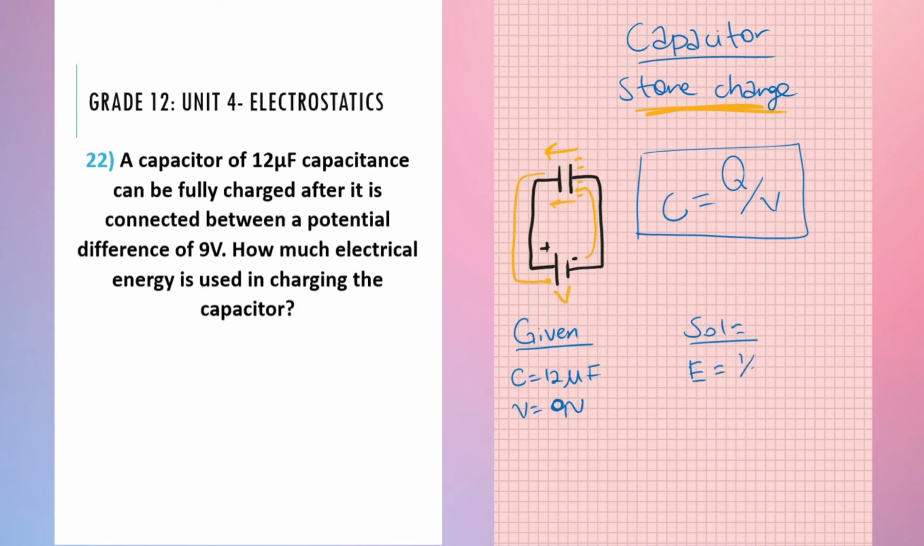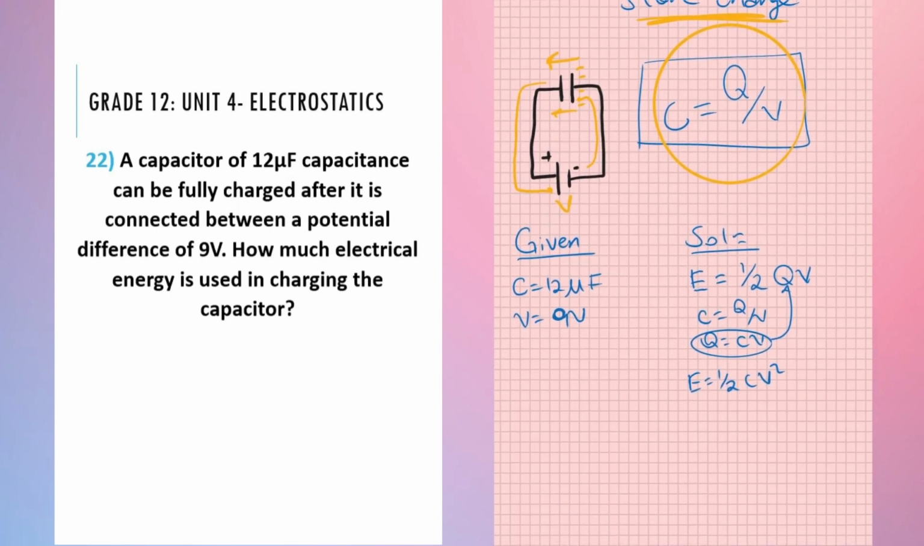The formula is given as half QV. Now we're not given Q, but we can use this formula over here in order to substitute. So we know that C is equal to Q over V. And rearranging this, we get that Q is equal to C times V. So putting this into this formula, we get that energy is equal to half CV squared. And we can now calculate that energy is equal to half the capacitance, which is 12 microfarad, multiplied by the voltage, 9 volt, squared. This will be equal to